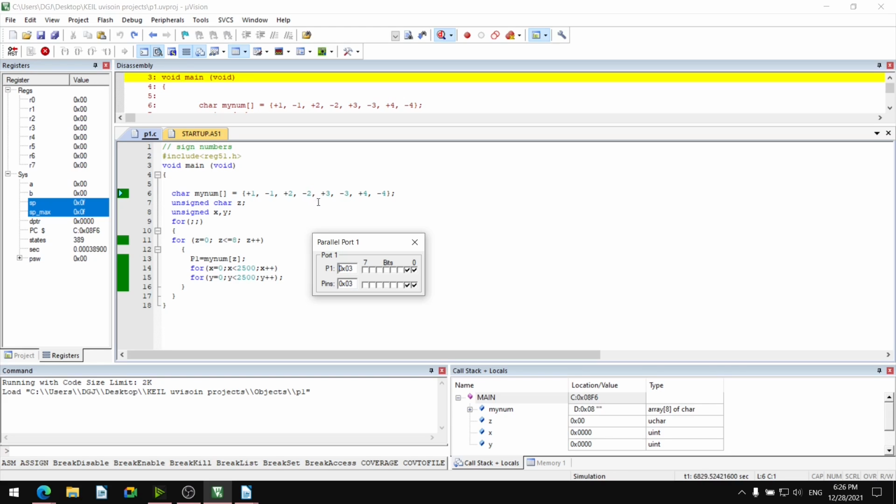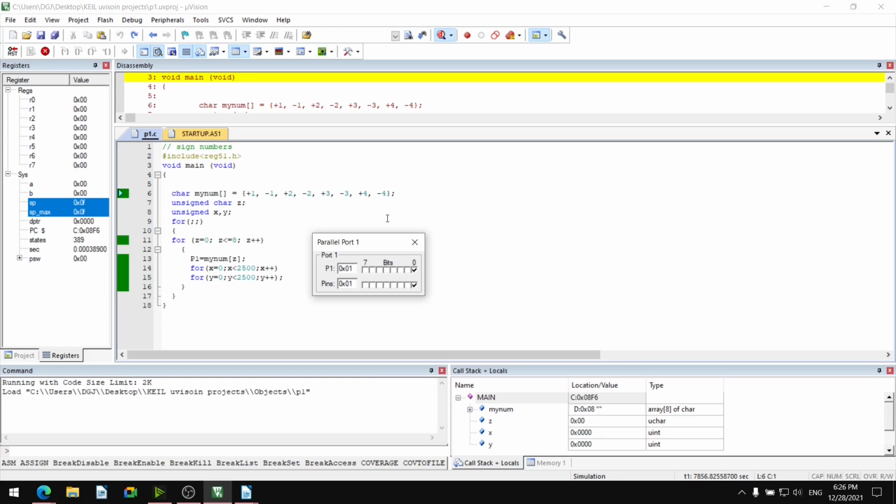Mynum square bracket 4 will indicate plus 3. Mynum square bracket 5 will indicate minus 3. Mynum square bracket 6 will indicate plus 4, and square bracket 7 will indicate minus 4.